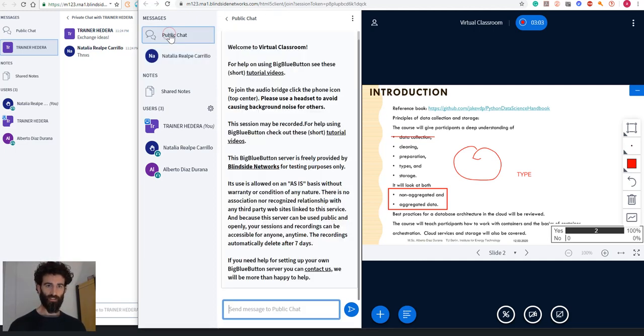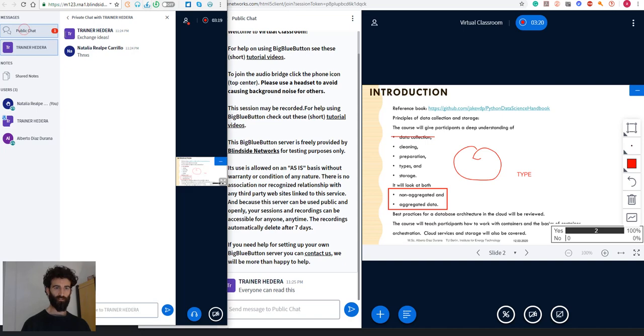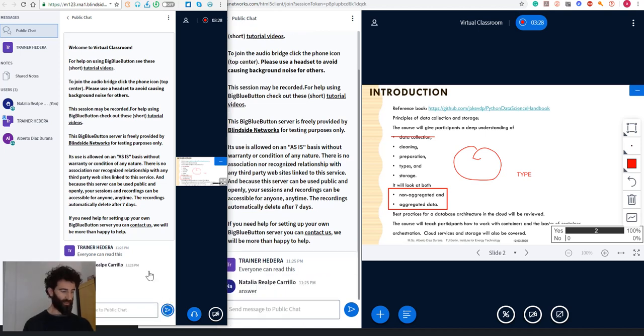A different form of chat is public chat. Anything that I type here is open to everyone, so everyone can read this. So I publish it here. The student sees that there has been a message over here. There can be an answer. And then this can also be shared from any student's or participant's profile. So I can say from